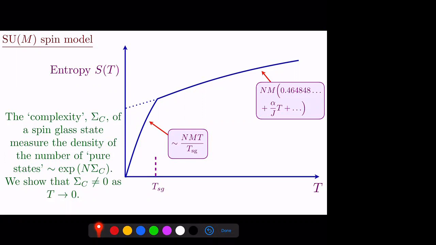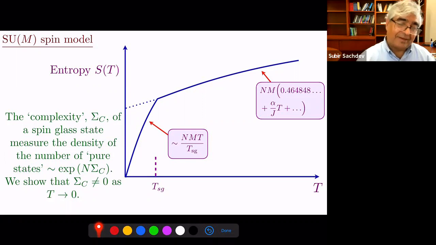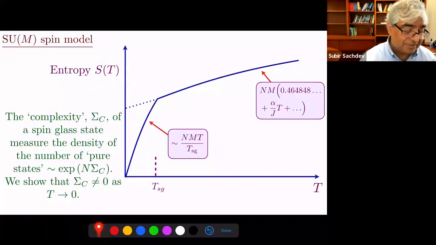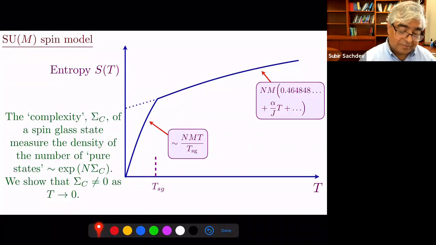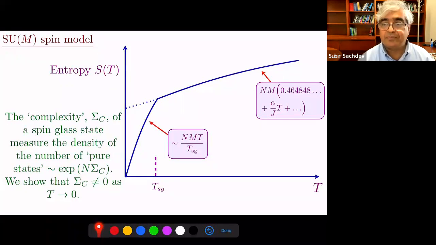I don't think it's really known as exponentially close, but the way to precisely state it is that if you compute a certain entropy associated with this complexity, and then you take the large N limit first, and then you take the zero temperature limit or the zero energy spacing limit, then you get a finite value. Whether it's really exponentially small or not, I don't know, but it's certainly faster than 1 over N. Yeah, okay, thanks.